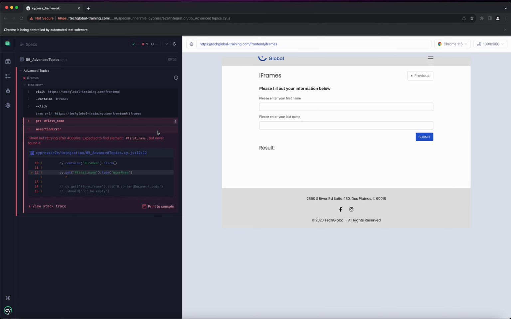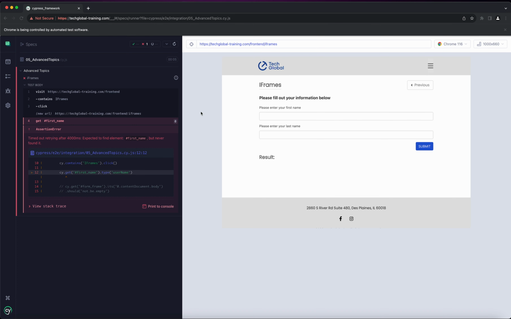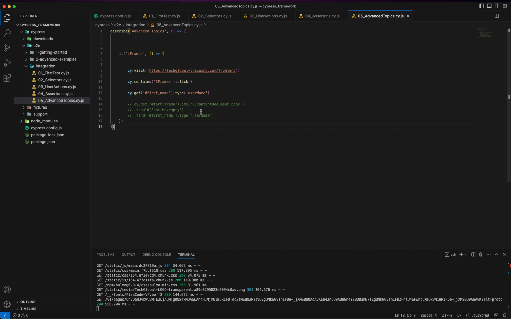As you can see, the Cypress engine is not able to find it. It's telling us it can never find it, but it is there. It's pretty much there, but it cannot find it because it stops working whenever it interacts with something in the iframe, so it doesn't even see that. That's why we always need to